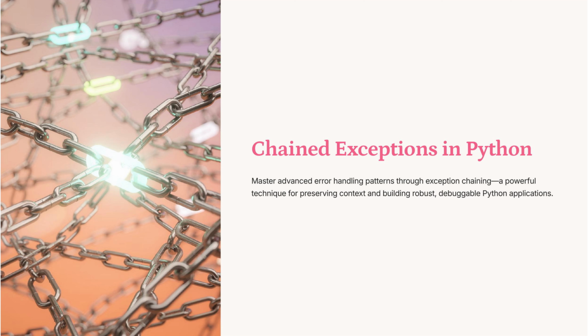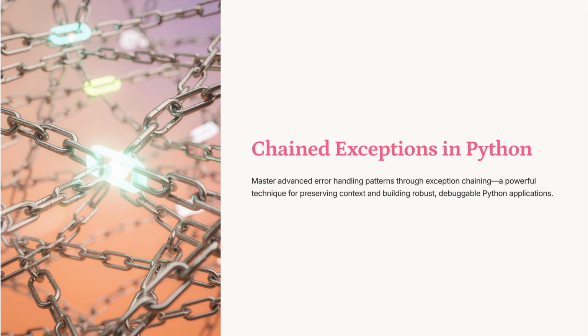Exception chaining in Python allows developers to link exceptions, preserving the original context when a new exception is raised. This technique enhances debugging by maintaining a clear error trace. Understanding the mechanics and syntax of chained exceptions is crucial for building robust applications, ensuring that error handling is both